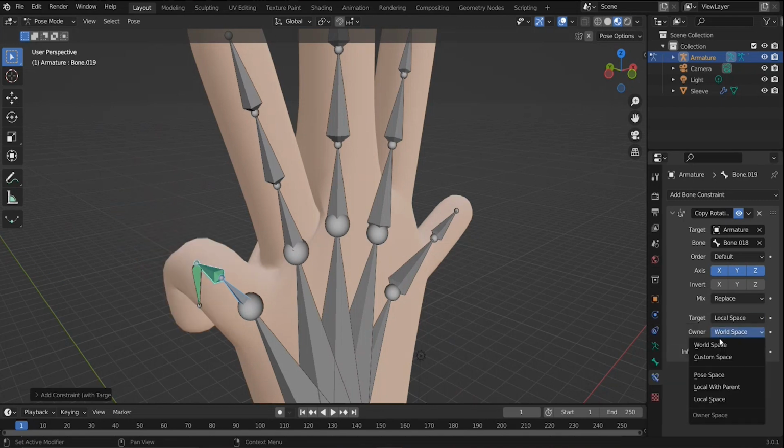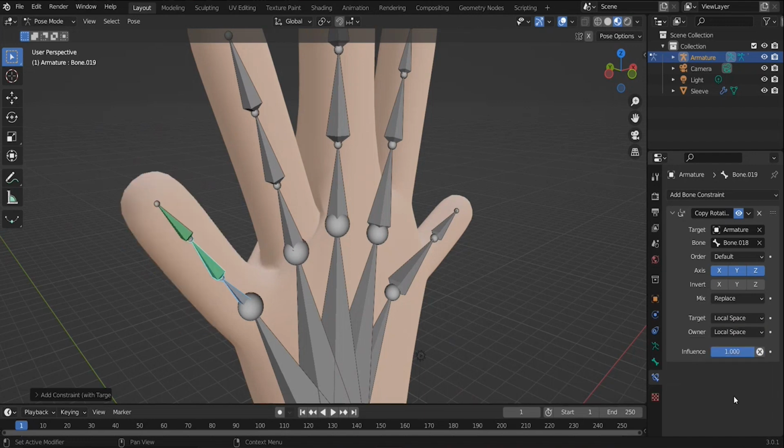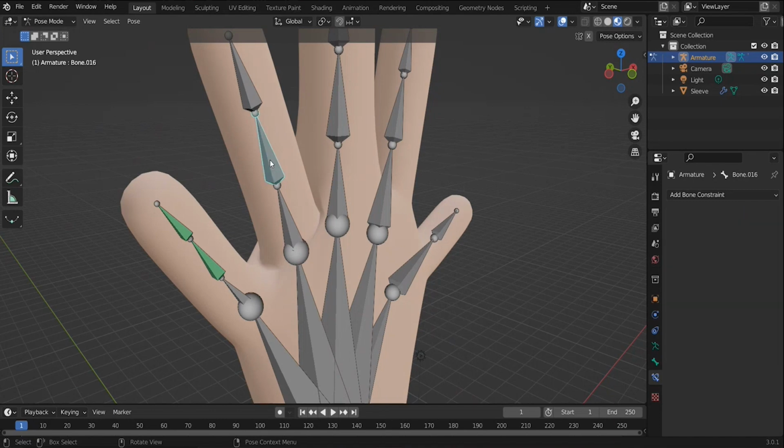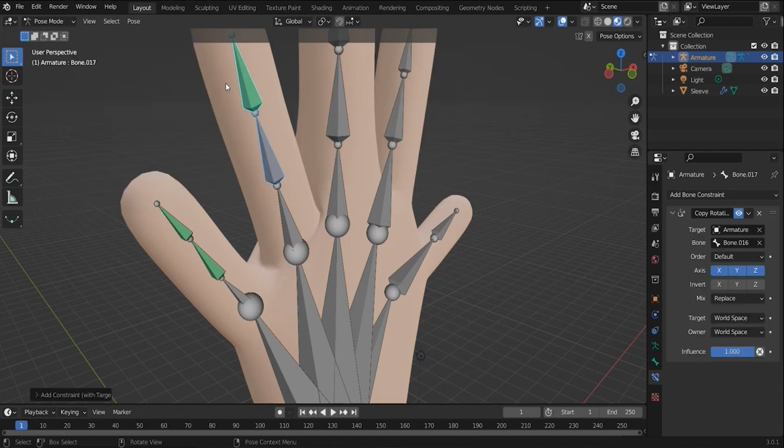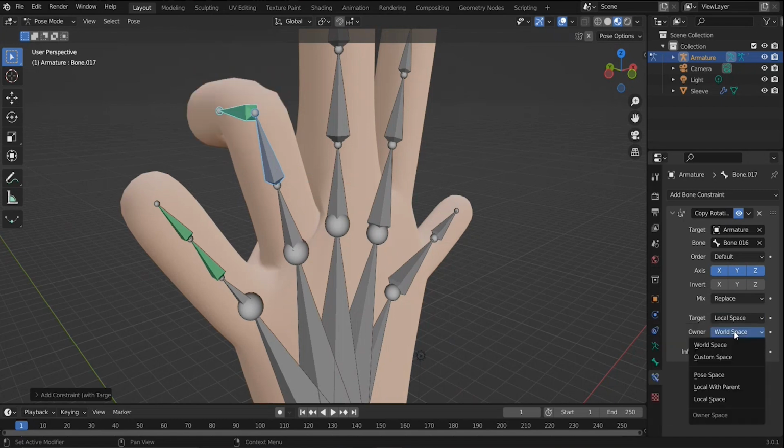Same thing with owner, from world space to local space. So I'm going to do the same thing for each of these other fingers. I'm going to click on this middle one here for the ring finger. Hold down Shift, click on the top part of the bone, Control Shift C, copy rotation, change target and owner to local space,